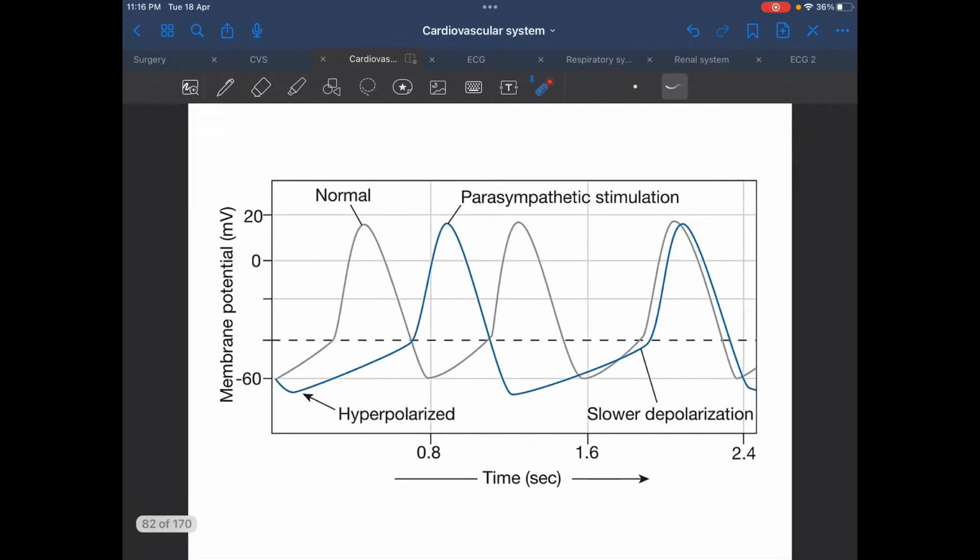Let me just show you an example. Look at the slope here, and look at the slope here. This is normal, and this is the slope which has been decreased due to your parasympathetic stimulation. And I think you all can see what is actually happening. Okay? So mainly our prepotential is not getting completed because our HCN channels are getting